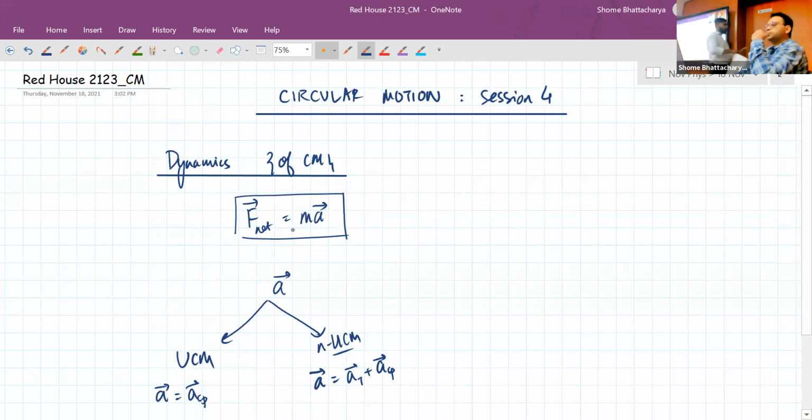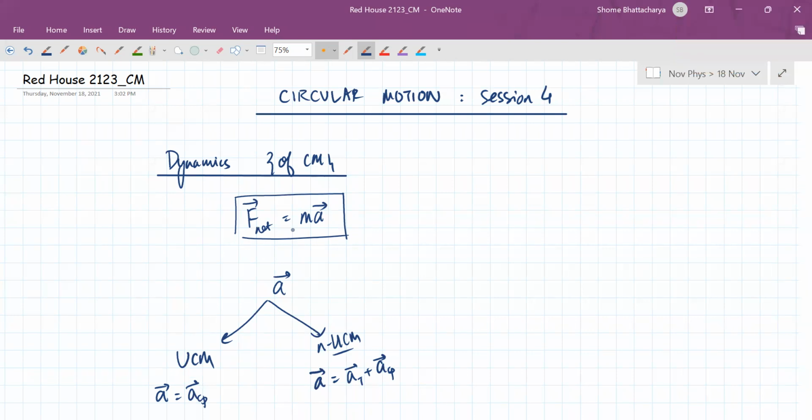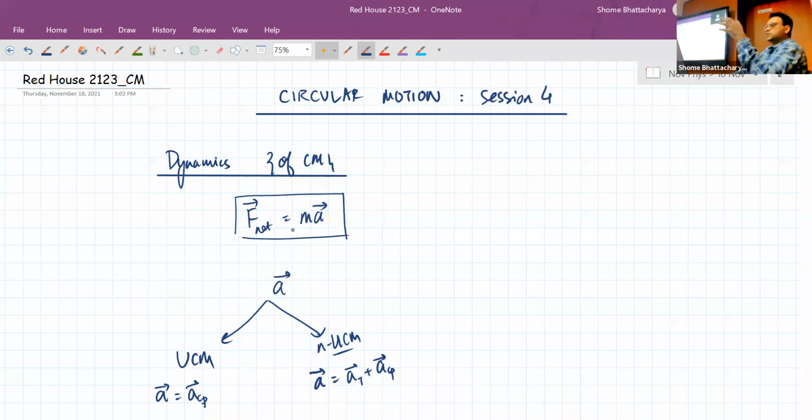Okay. So when we are applying Newton's second law, when we make the FBD, what is the second step after making the FBD? In any FBD problem, you have to resolve the forces. So if the motion is happening on a horizontal plane, you take your x-axis horizontal, y-axis vertical. If it's happening on an inclined plane, you take the inclined axis. Like that, if the body is in circular motion, then always we take the axis as what? Radial and tangential. So that is the thing. So we resolve the forces according to this.